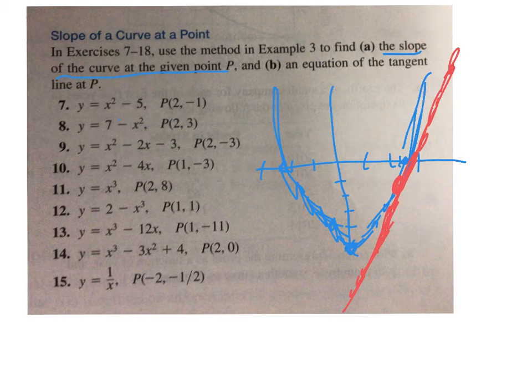So how do we do that? Well, we need 2 points. So what we're going to do is we're going to come up here. Let me use this yellow ink and see how that shows up. We need 2 points. So we've got this line here like we found before. I don't know what this is, but I know this point here is 2, negative 1. And what I'm going to do is come over a little bit, called h. So this point here has x-coordinate 2 plus h,